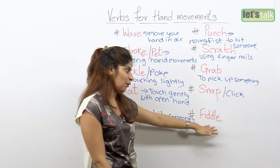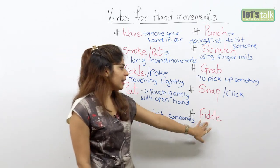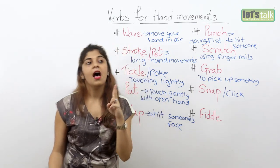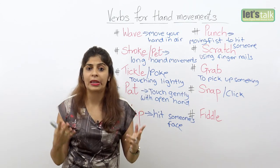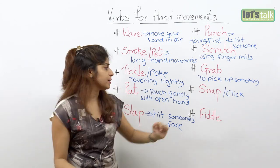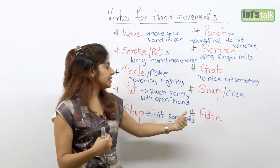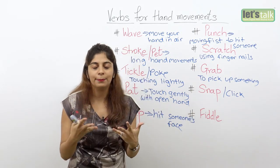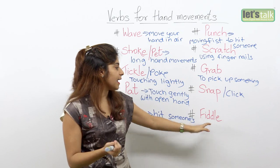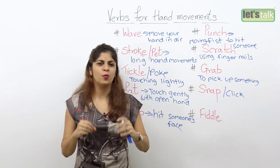And then the last verb that I have for you is fiddle. Now, fiddle has two meanings. The first one is when you play a violin. So when you play a violin, it's actually called fiddling. And another meaning to this verb is you tend to touch something every now and then without any